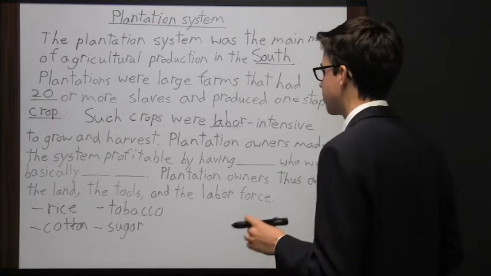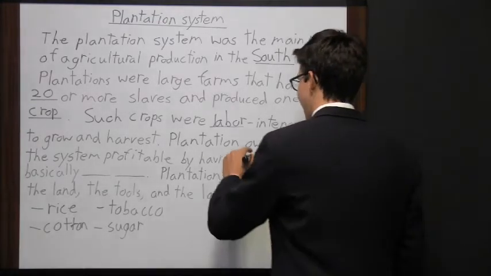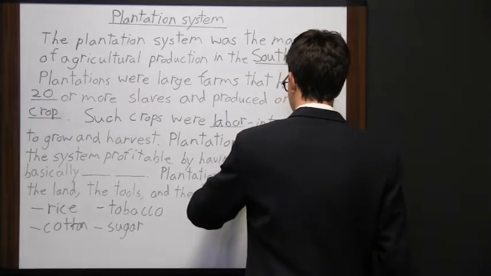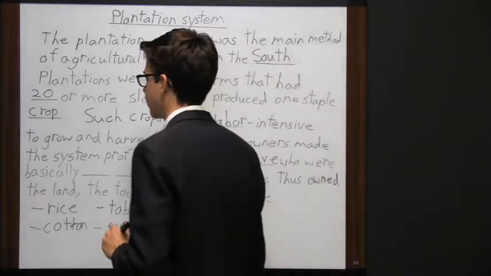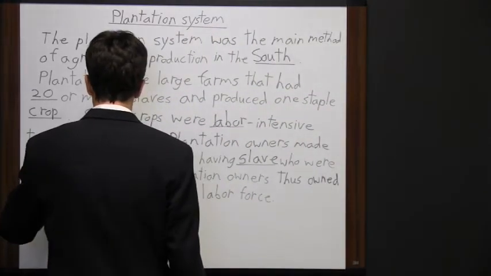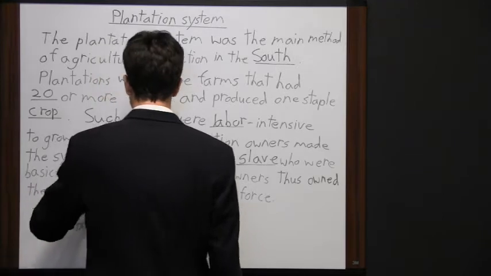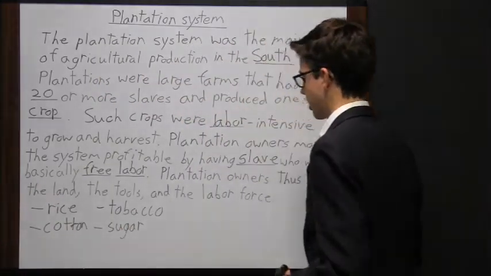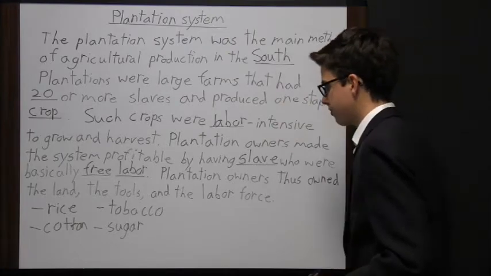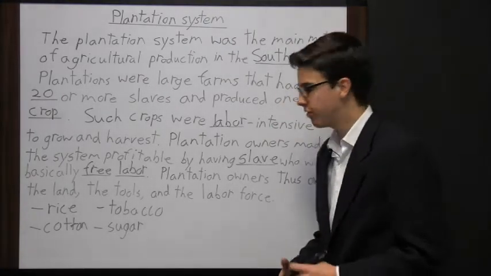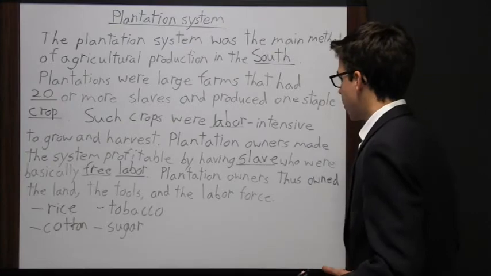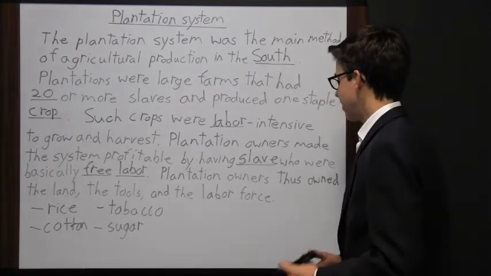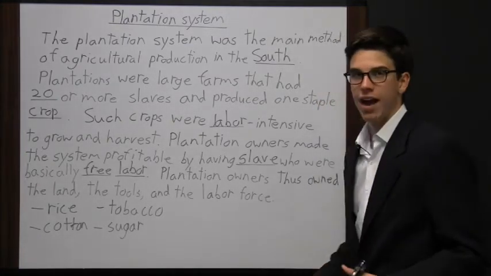So plantation owners made the system profitable by having slaves who were basically free labor. Now we say basically free labor because there was an initial cost for the slaves. They had to purchase them, and then they had to spend some money to house the slaves and feed them. But for the most part, they weren't having to pay the daily wages that people would generally have to pay